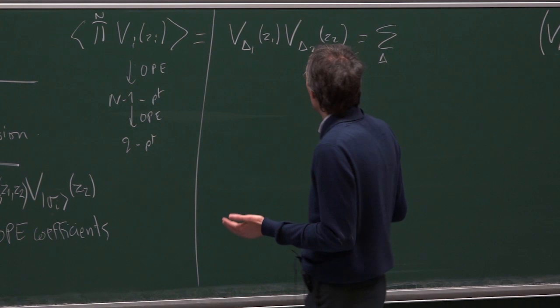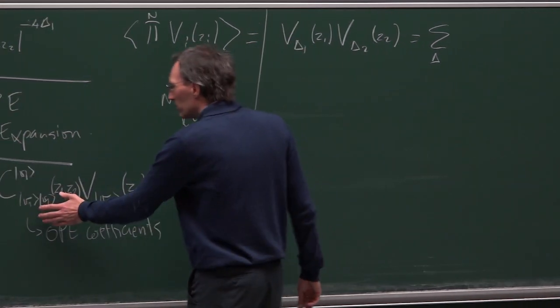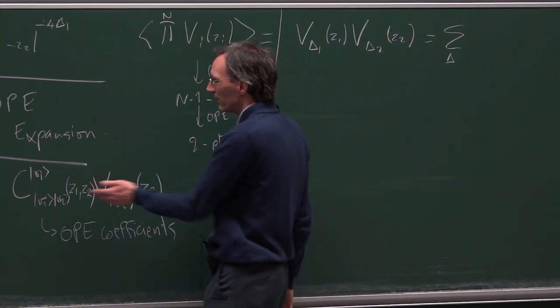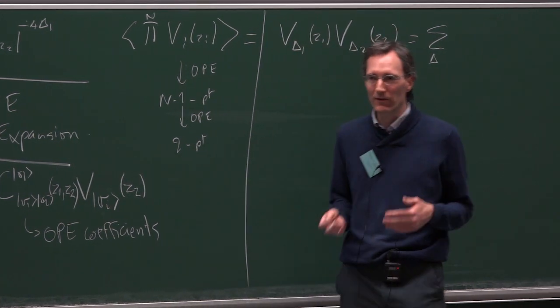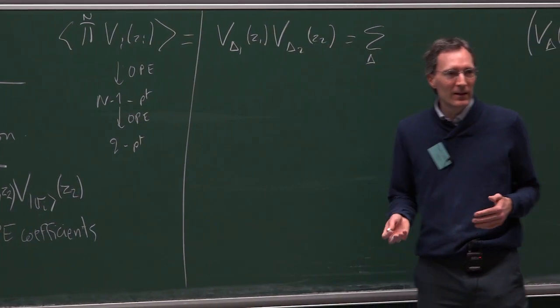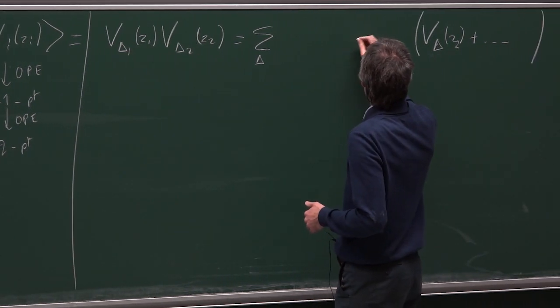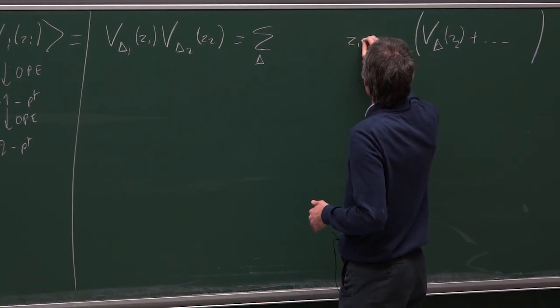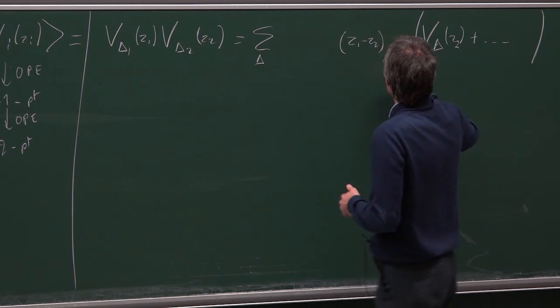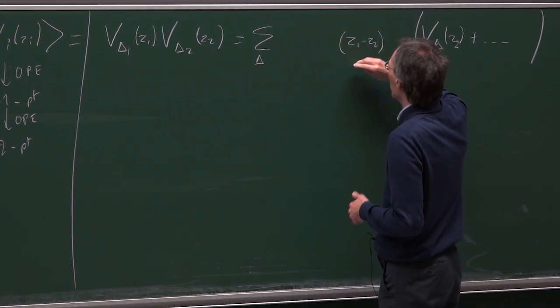And you could guess that this coefficient has to be a function not of individually Z1 and Z2, but of Z1 minus Z2 by translation invariance. And there is another Ward identity which tells you even that it is some power of Z1 minus Z2. And this power must be